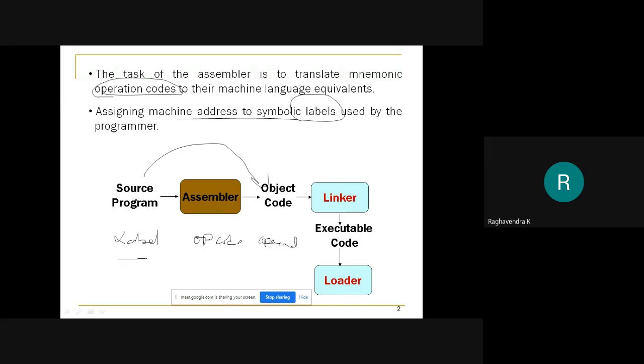So in the label part, we will have labels and variables declared. In the opcode part, we will have the operation code specified. And of course, operands are nothing but the labels or variables that you have declared in your program. Right? So if I want to assemble an instruction, we have two tasks to perform. The first part is to translate this opcode into its machine equivalent, and also to translate this label into its machine equivalent. But if I want to translate the value of this label, then I need to know what value has been assigned to this particular label or operand. So this is the major task here, right?